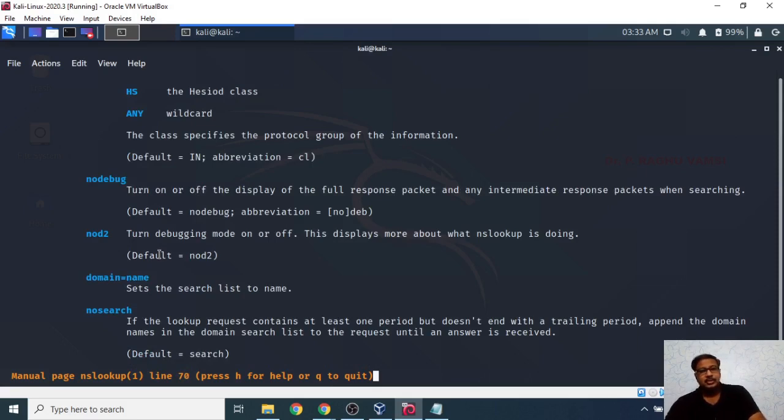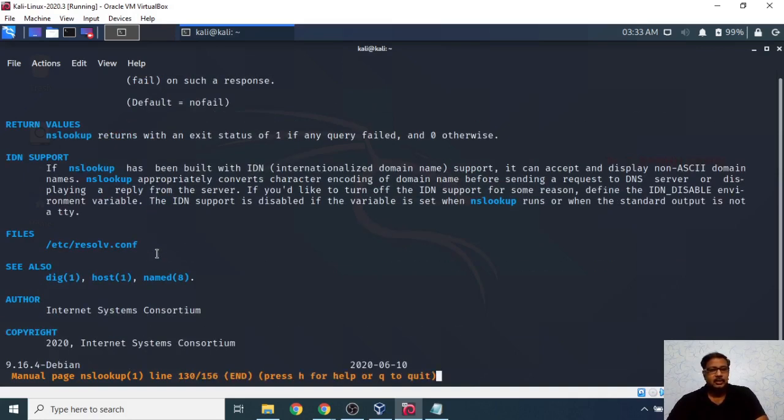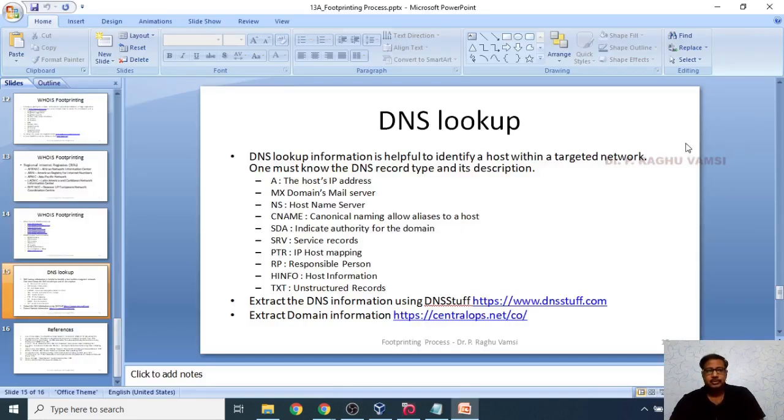For the different codes we have seen, you can set them here and get the information about the corresponding DNS. In the last video, we saw that various different types are there. DNS lookup information is helpful to identify a host within the targeted network. Here the various options are there. A means the host IP address, MX means domain mail server, and NS means host name server, like that.